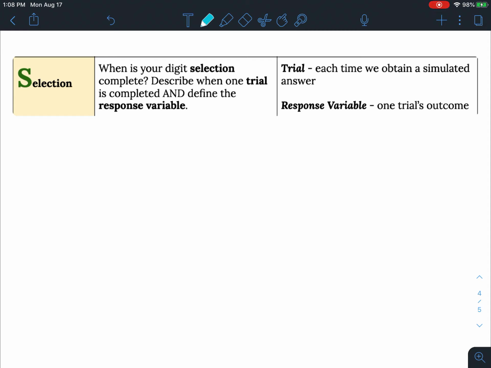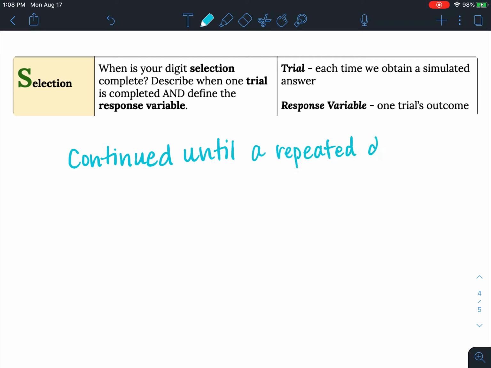How did we know when to stop today when we were running these simulations? So I would write in this case, remember we continued until, kind of 2 situations, we continued until a repeated digit